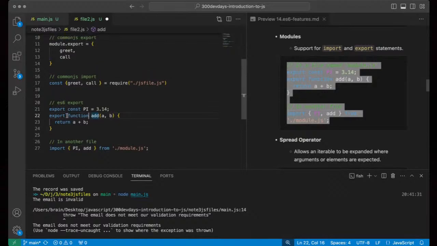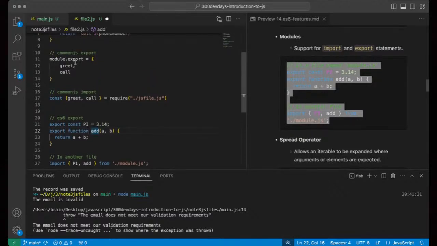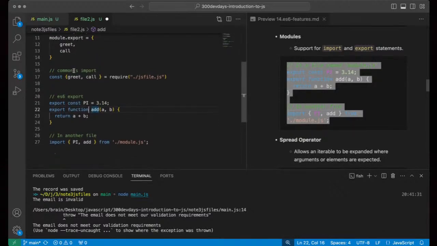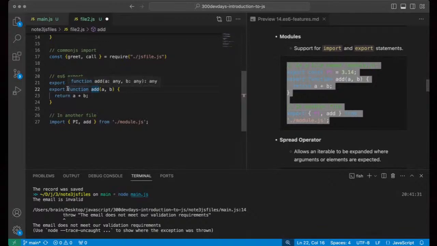You see, in order to export the function here, we created module.export, and right here we're simply appending export directly to the function. And we're able to import this way. We did not use require, but we're using import for the constant and then the function from this. So let's say this is import in ES6.